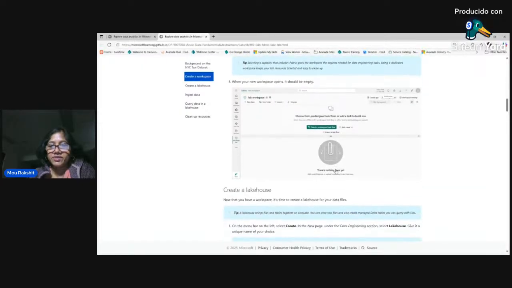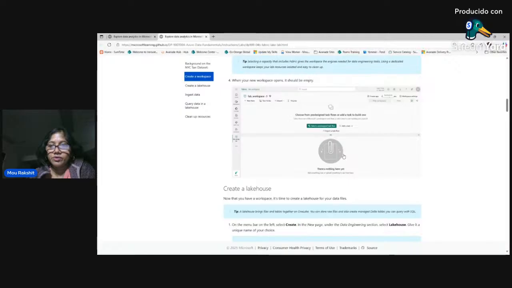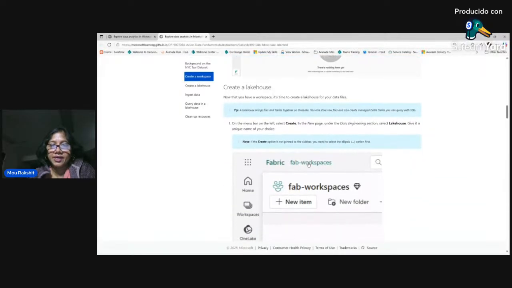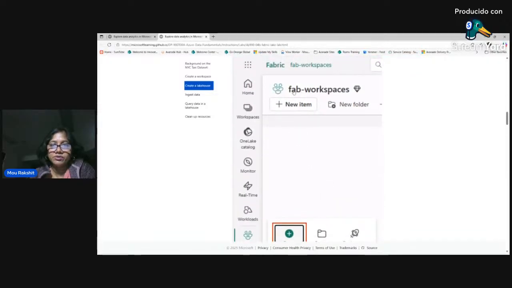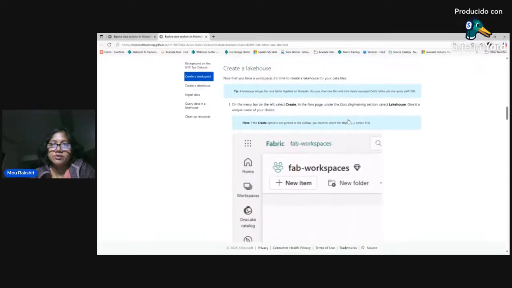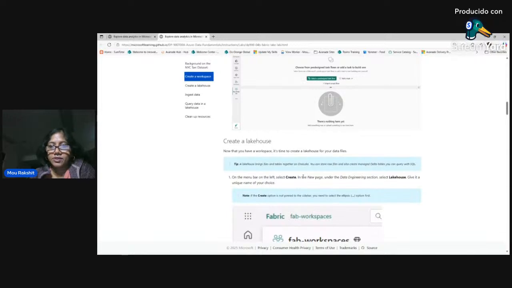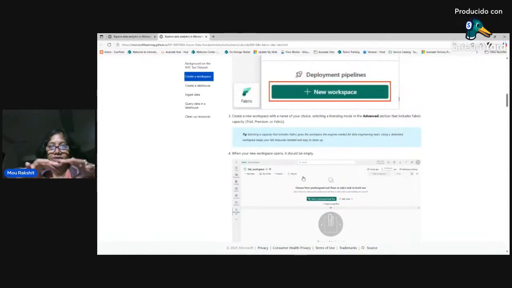Once it is created, after that, you can create a lake house inside it. You can select a pre-designed task flow, or you can just create a lake house by clicking on this create button within your Fab workspace. Give it whatever name makes sense for you, and then click on this create button. It is going to enable you to create a lake house. So what are you doing? Basically, the workspace is your space where you are going to be building your lake house. What is a lake house? As I talked about, a lake house is where you bring your data from all kinds of sources, batch and streaming mode, and in Delta format. And that's what you're building out now.